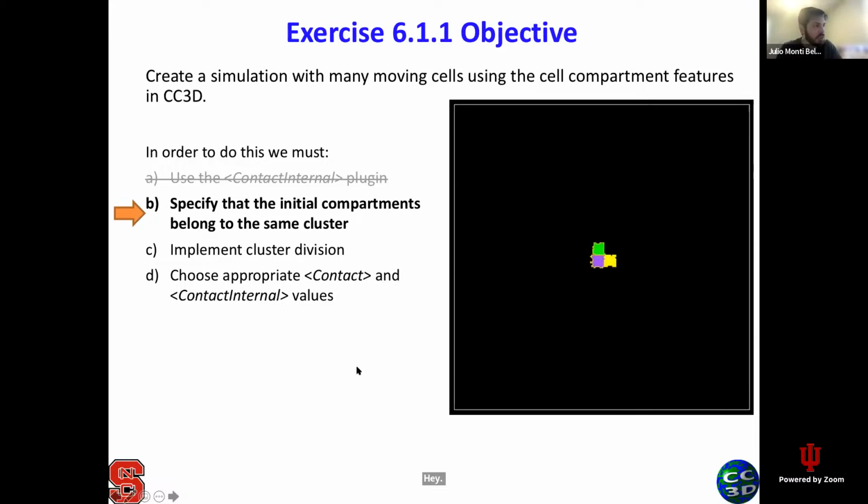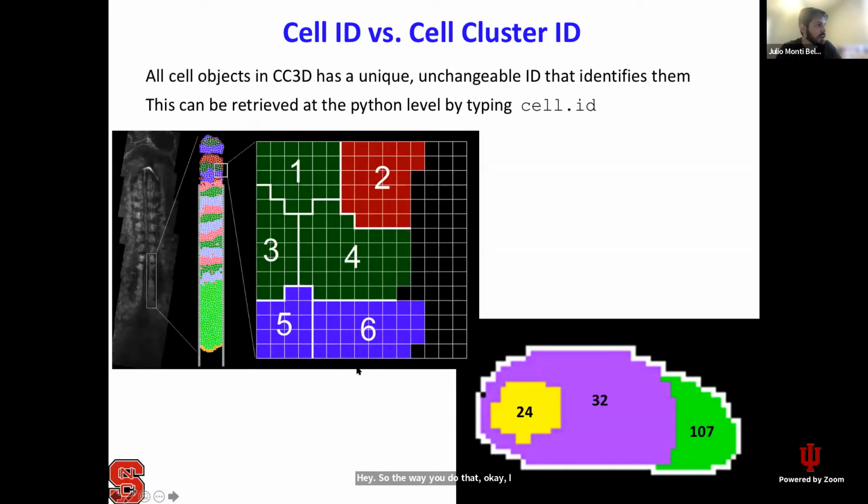So the way you do that, I have to give a little bit of explanation on how that really works in CompuCell. When you make a simulation in CompuCell, all those different cells that you add have a unique ID, which is called the cell ID. You can access what this ID is by just typing the Python method cell.id. It's going to return the ID of the cell. So this ID is going to be the social security number of each one of your cell objects. So each cell will have a unique ID, a number